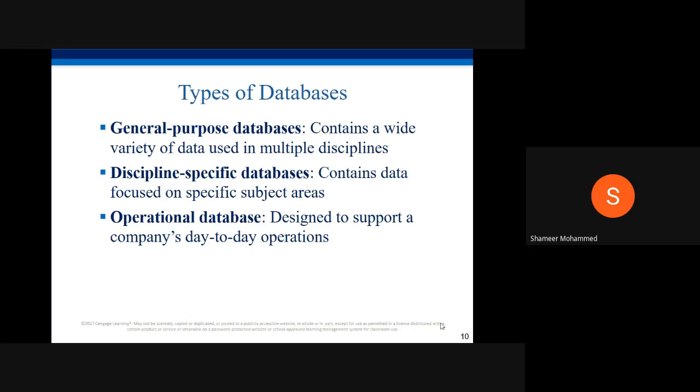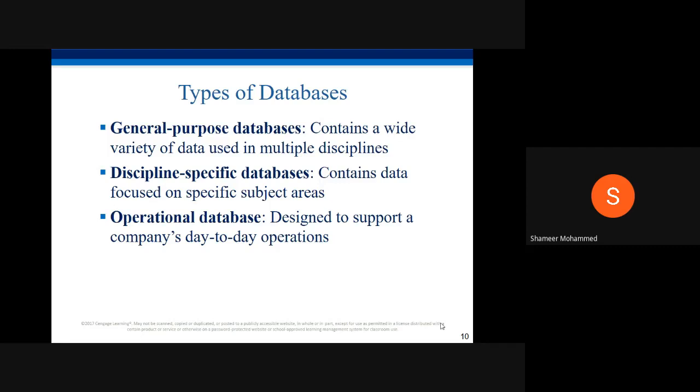A database you are going to use for a university, a database used for a bank, a database you use for a company, a database used for a hospital. That is called discipline specific databases. Okay, students?